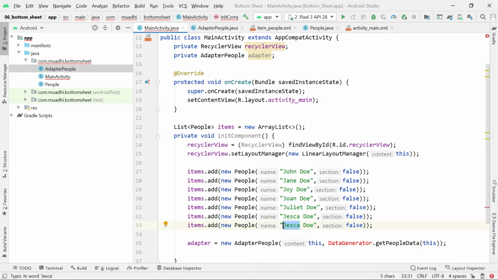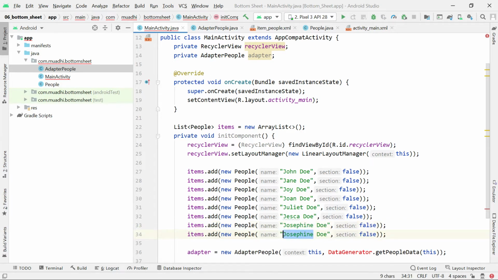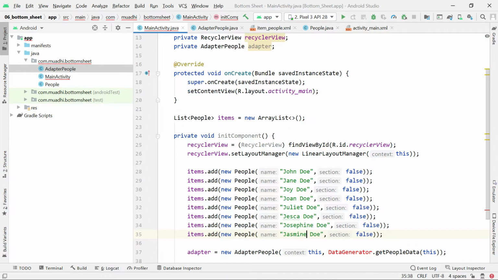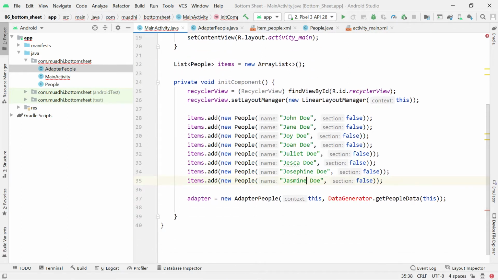Do you have these names in your country? Josephine. Eh? How much do you have? None of it. Jasmine. But this one is there. Those are names. So this one there, so I have to pass this one there, right?